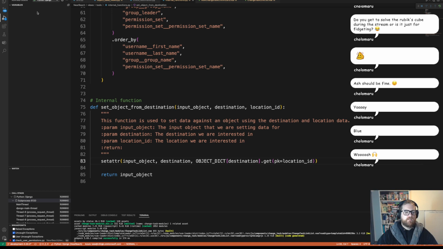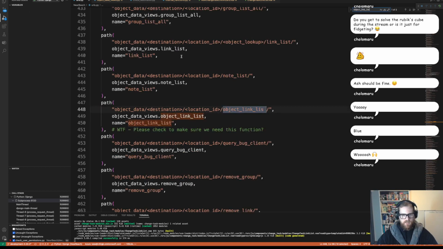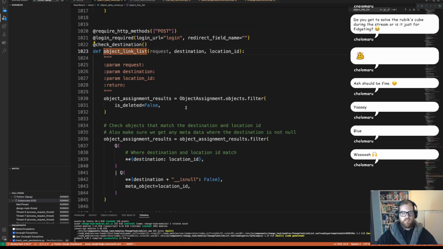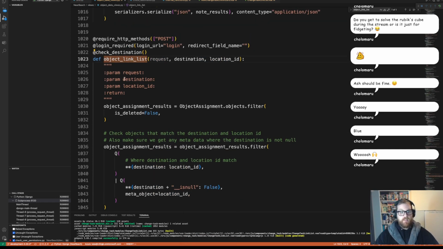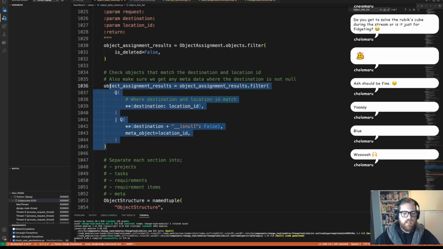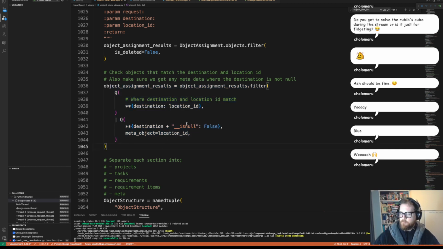So an easy way to do this is if we go in here, object linked list. As part of this, we just go to its definition, and then we just start reading the code. So object assignment results. Sorry, I just. All right, object assignment results get our everything from object assignment. What we want to then is apply some filters for the destination and location, or destination is null, is false, and all that kind of fun stuff. Getting the meta stuff,